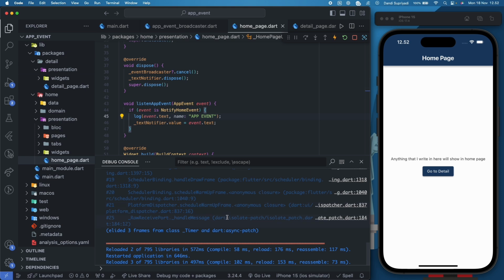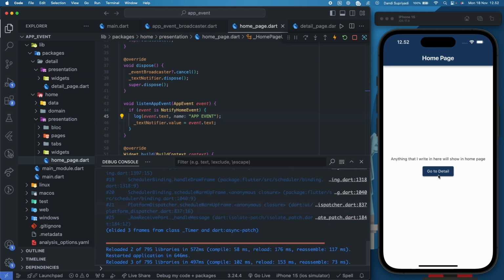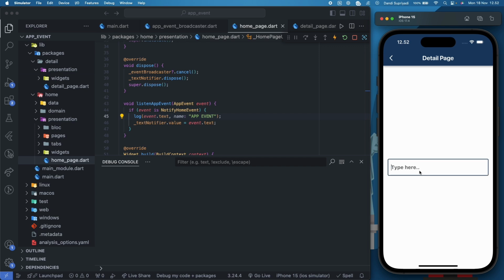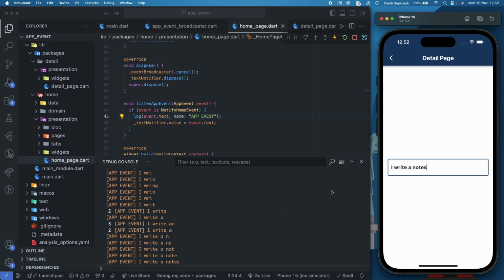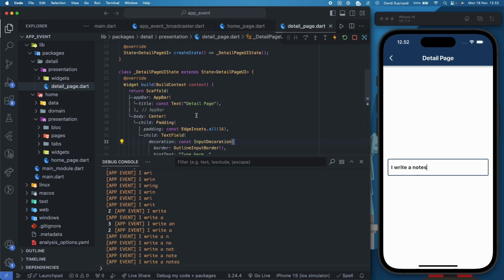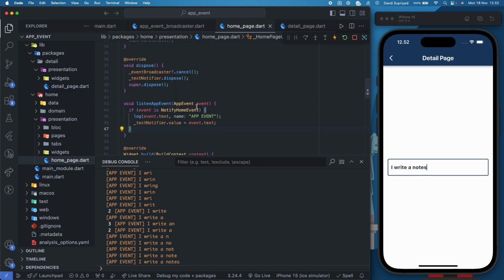So every time I type in here, like for example, I write notes, every time I type in the text field, my home page will get notified that there is an event from the detail page that says you should change the text notifier to this event.text, to this value.